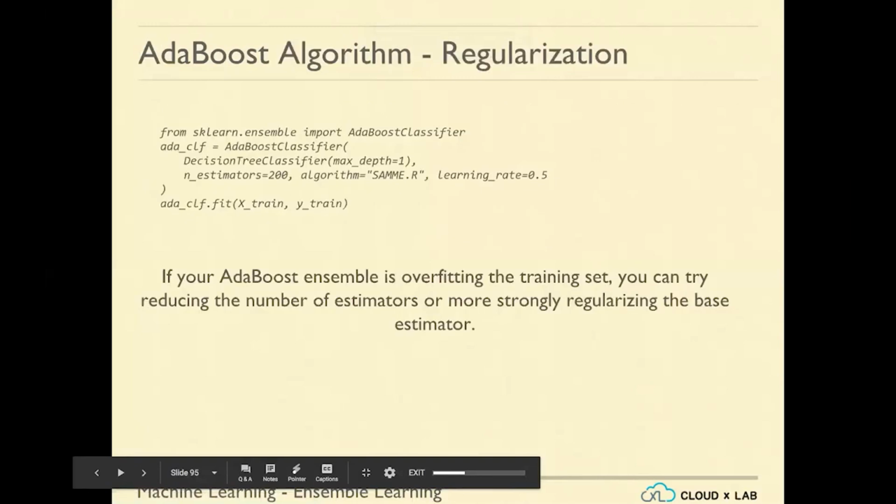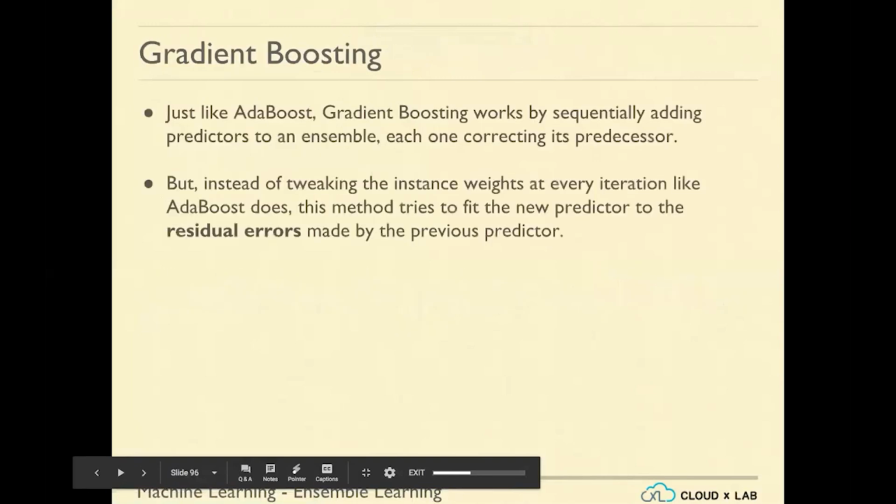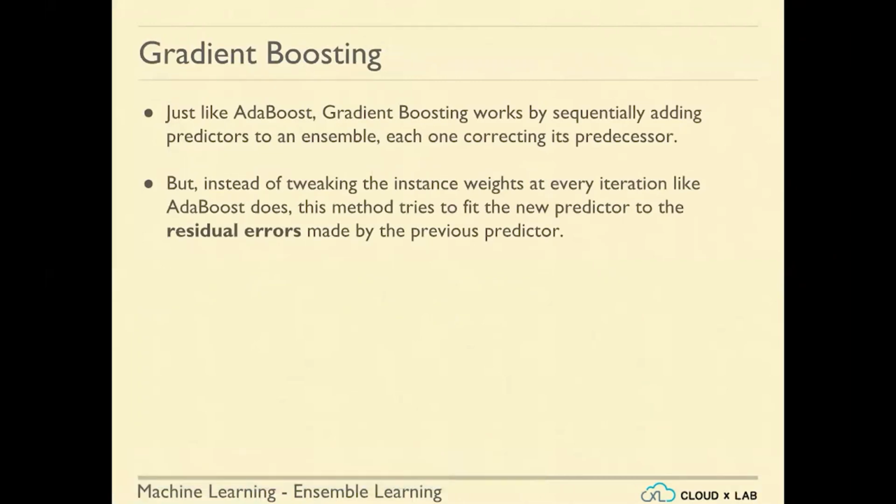Now moving ahead. Just like AdaBoost, gradient boosting works by sequentially adding predictors to an ensemble, each one correcting its predecessor. Meaning if the successor is correcting the previous one, we give it a score, otherwise we don't. So we value only the successors which correct the previous ones. In case it's not improving, it's keeping the same, we don't give it the score. But instead of tweaking the instance weights for every iteration like AdaBoost does,